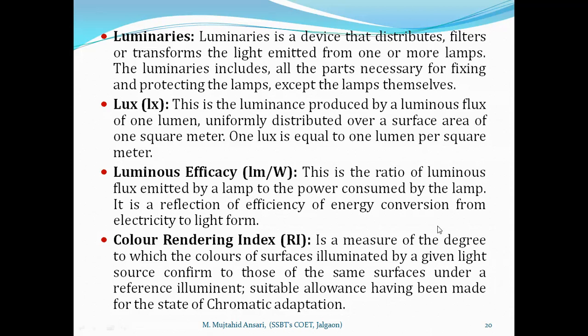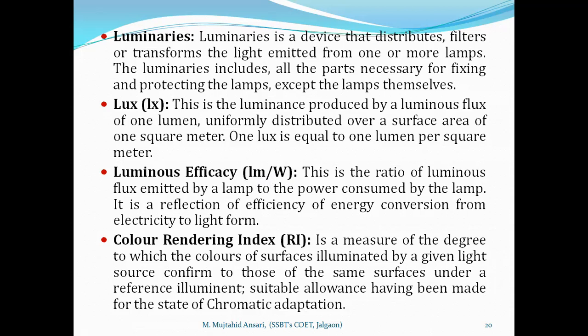Luminous efficacy. This efficacy we generally call efficiency, and efficiency is always less than 100%, or the ratio of output divided by input is always less than unity. Whereas the total lumens output divided by the watt is always greater than 1. So it is called efficacy. So the total lumens output from the light source or lamp divided by the capacity of the lamp is nothing but the luminous efficacy.